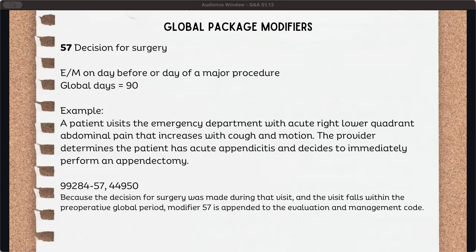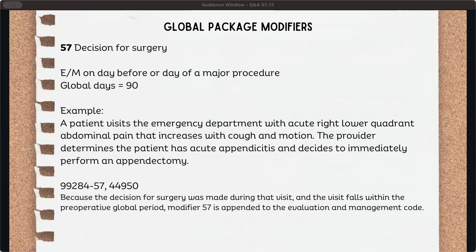Your 57, that is for your decision for surgery. So if you have an evaluation and management on the day before or the day of a major procedure, typically that is included in your major procedure's global 90-day period. However, if you have an emergent situation where you have to have an evaluation and management or a service that is done in order to determine if a procedure needs to be done or what the course of treatment is going to be, if it is not a scheduled procedure, then you can potentially add a modifier 57 to your